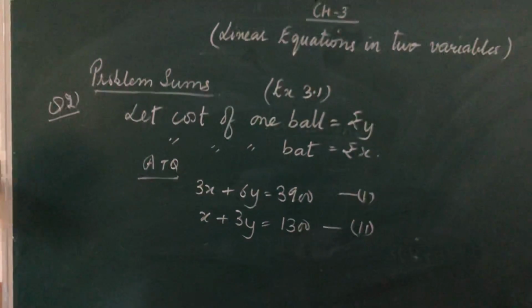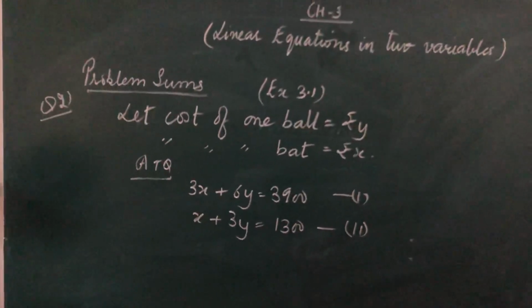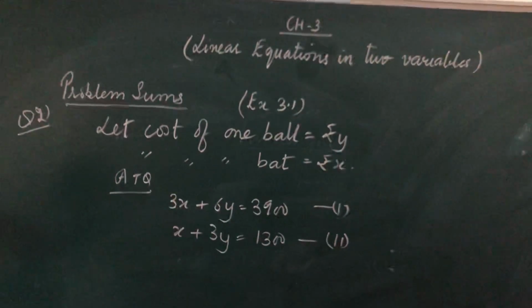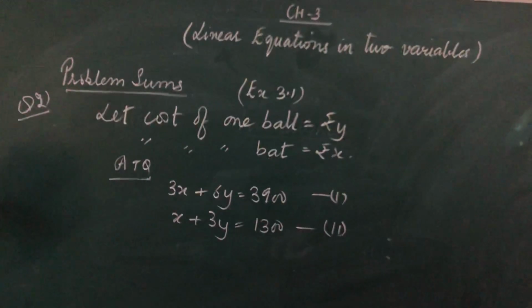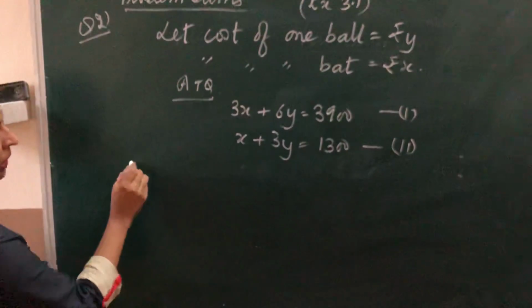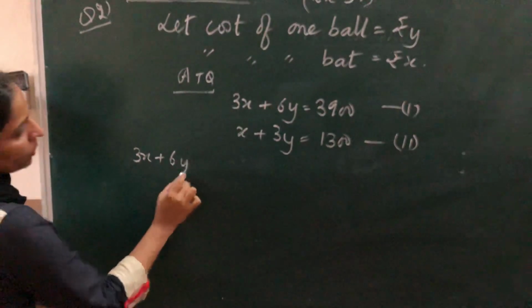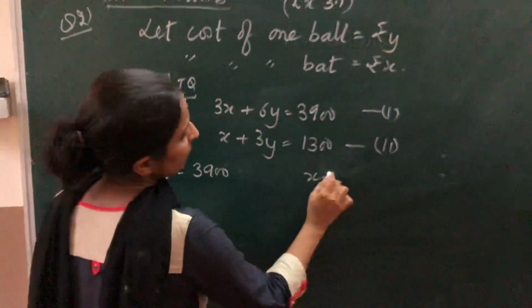So now again you have two equations, and this equation algebraically we have taken, and you have to draw it on the graph also, right? How will you draw the graph? Like we have done, we have to make a table. Let me draw one for you. This is the equation. You can take any value and this is the equation.